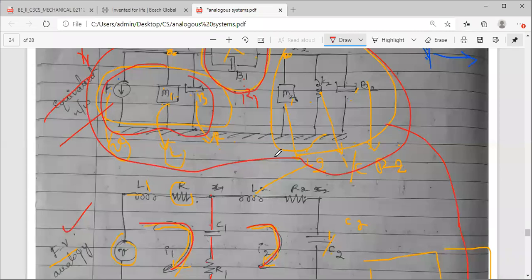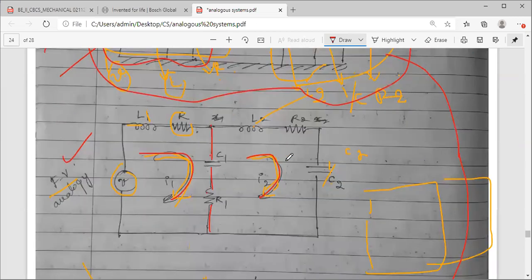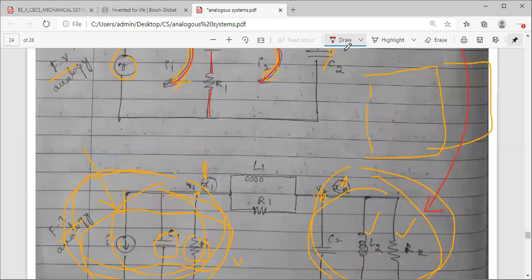One more method: a system is given to you, asking you to write the differential equilibrium equations, that is force equations, torque equations, those things. Then draw the equivalent network, then draw the analogous systems. So from the equations, is it possible to draw? Yes, it is possible to analyze and draw the analogous system using the differential equations also. So let us see that problem also. Hope you understood this.